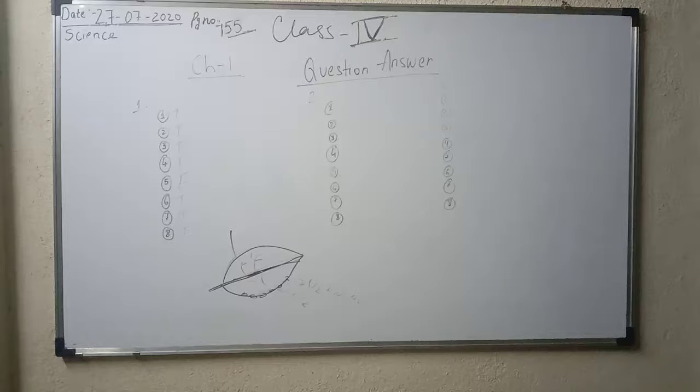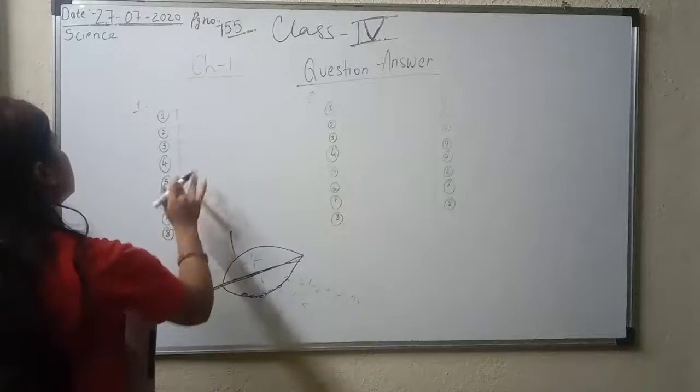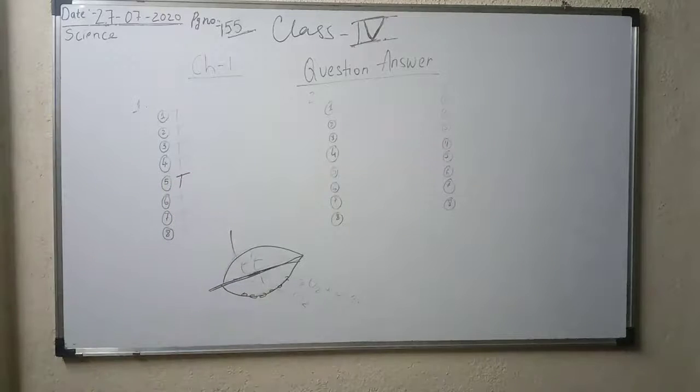Now question number 5: the food prepared by the leaf is in the form of simple sugar. As we have seen in the chemical reaction, carbon dioxide plus water in the presence of sunlight and chlorophyll forms sugar, water and O2. Sugar is nothing but glucose. Okay, I'm sorry, I have written the numbers wrongly here. So the fifth one is true. Sugar is what comes out after the chemical reaction in photosynthesis, in the form of a result.